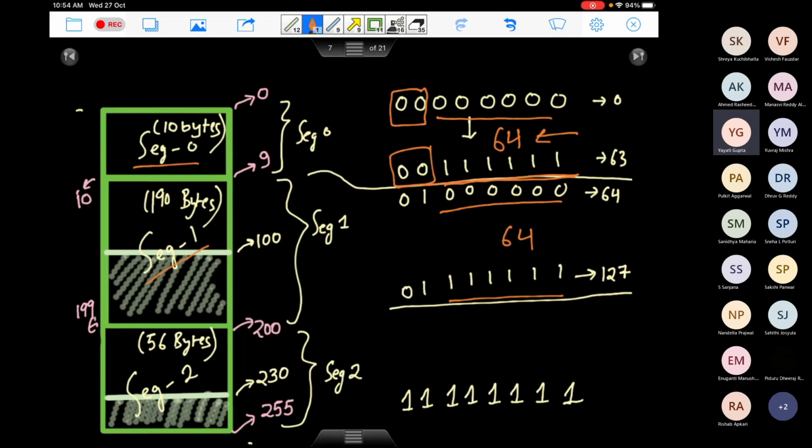Now talk about segment 1, it requires 190 bytes in total. It can generate addresses in this range, but we are giving it 64 bytes. So here we have a problem. What do you think determines the size of a segment? Please note that in this case, the size of each segment is going to be the same. Whenever I generate a virtual address space for a process, the size of each segment is going to be the same. The point is, not every segment will be using all of its locations.